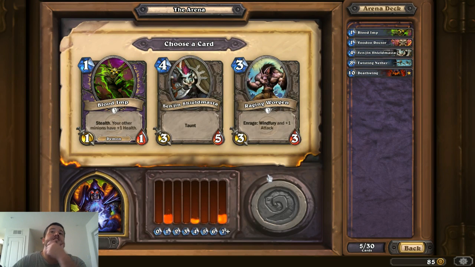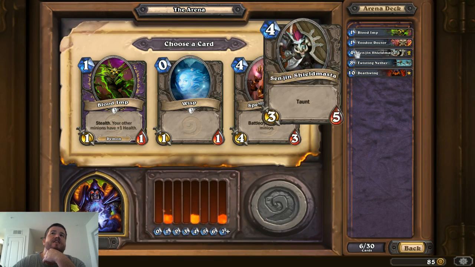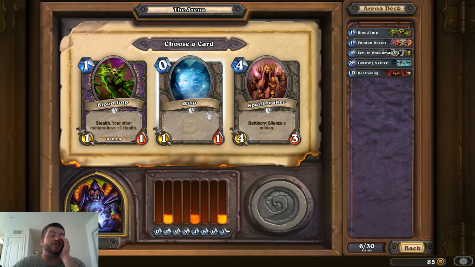So Sinjin or a second Blood Imp. Sinjin. Sorry, gotta do it. Sinjin all day long. If we have 5 Sinjins, I will take 5 Sinjins. We can do a Blood Imp here. Spellbreaker is really nice, although we're getting really heavy in the mana to take another 4-drop. But Silence is so strong. Wisp is not really worth it, I don't think. But Blood Imp is good, so...